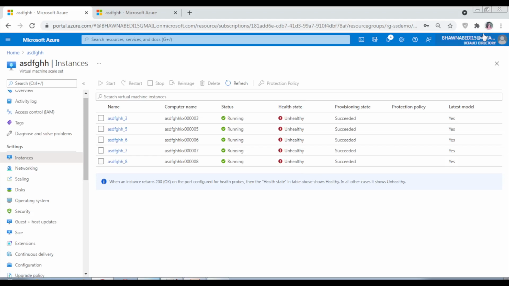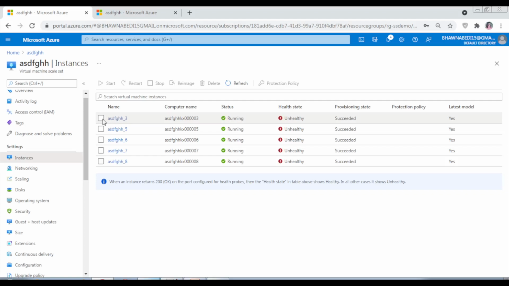Also guys, let's say you try to update the operating system, and from the moment you try to update it, you want this to follow in all these instances. It can happen, but at the same time, if there is any problem, let's say for this particular virtual machine underscore 3, you try to roll out the operating system update and there is any problem with that, it will roll back. It will not allow the OS update for the instance in case there is any problem with the update. So this is also something that I wanted to reiterate over here.